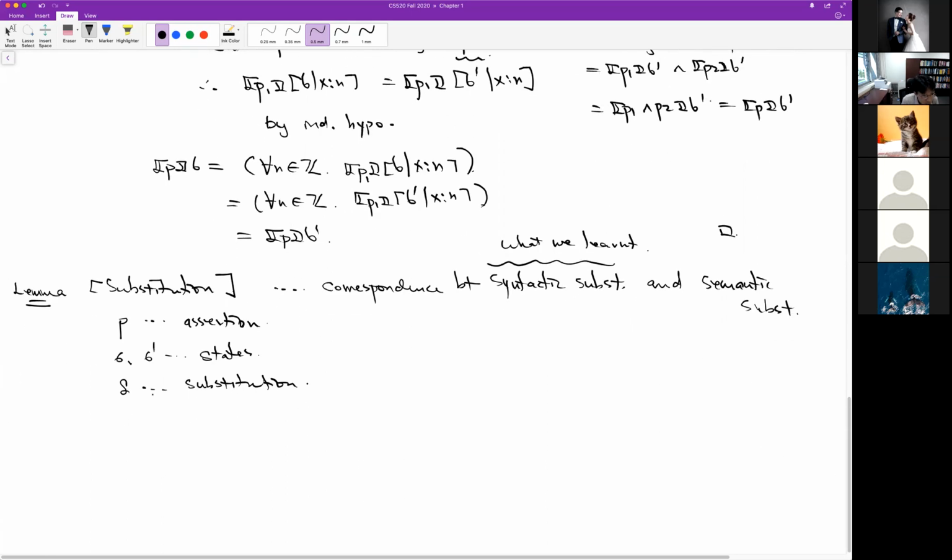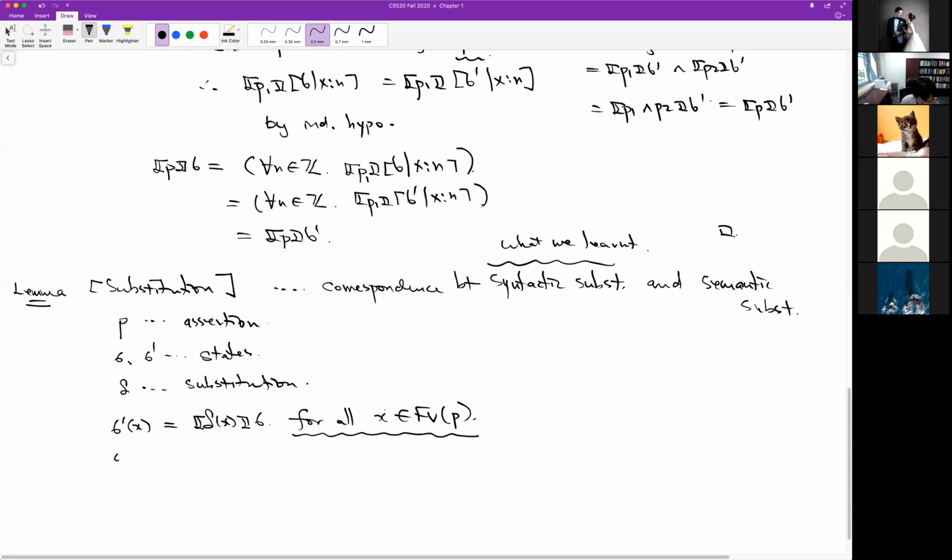But then sigma and sigma prime satisfy some condition. The condition says that for all x that are free variables of P, sigma prime of x has the meaning of delta of x on sigma. So if you ignore this part for the moment, what does this really tell us is that sigma prime,